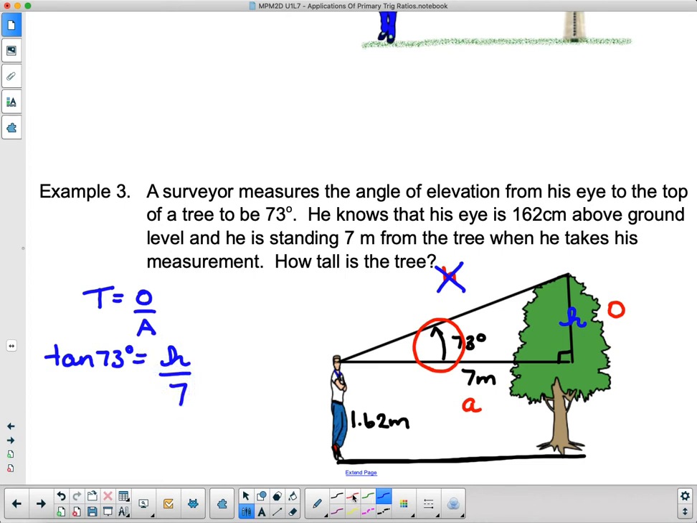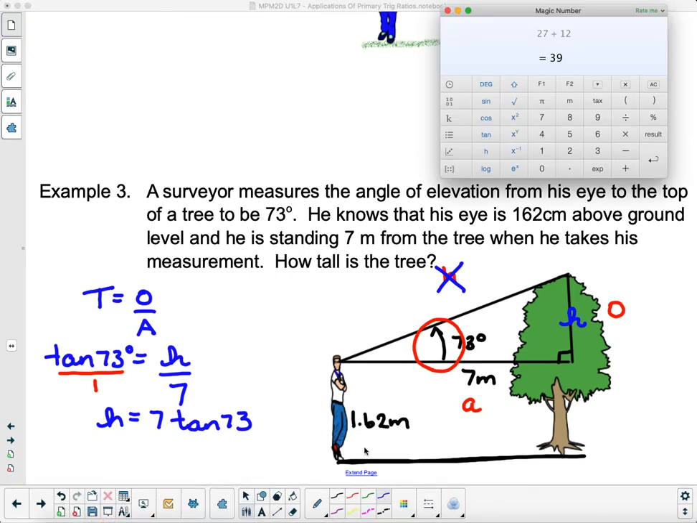And then we can treat this as if it were over 1 and use cross multiplication. So H times 1 gives us H, and 7 times tan of 73 gives us 7 times the tan of 73. And then you're going to pull up your calculator. There's my calculator. I'm going to pull up my calculator and type in 7